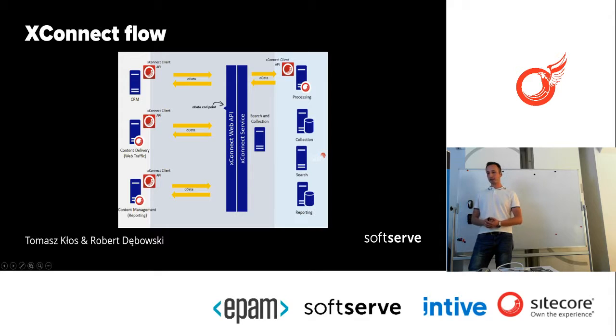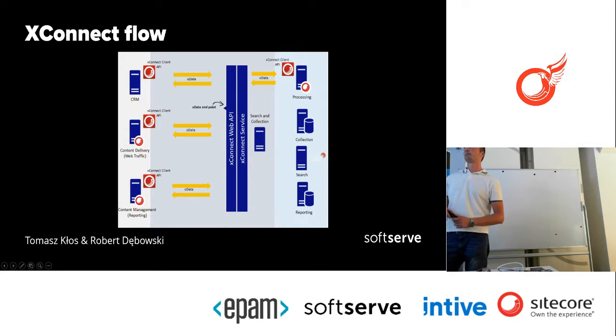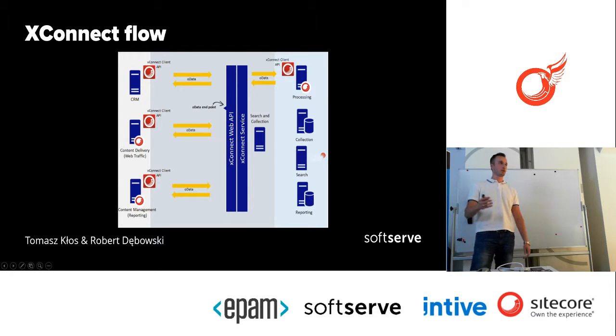When we are using the XP0 installation of Sitecore locally on your computer, you will probably not see this layer very well. It's not so highlighted, because you have everything on your machine. But when you are scaling this on production or some other bigger environment, you see that you have the search and the collection services that you can put on a different server or different servers. So this is it. We have to understand that this is something that can easily be extended in many directions.